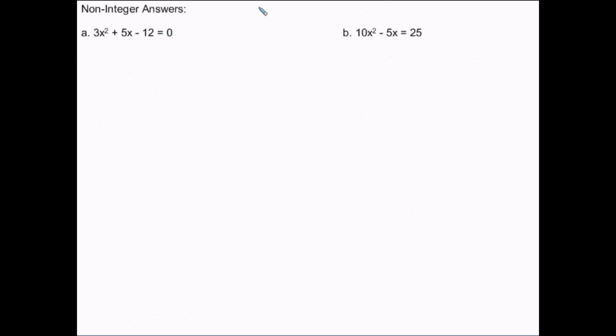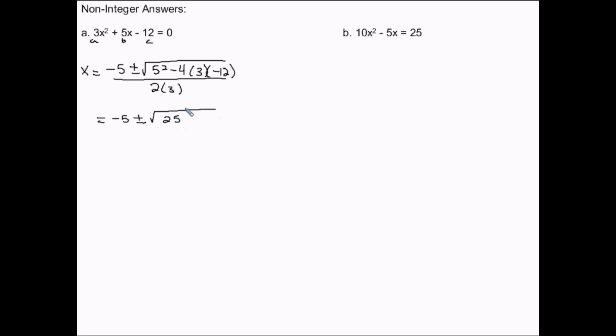Now sometimes things don't work out so nicely and you get non-integer answers. The steps are the same though. I have a, b, and c. We're already set equal to 0. So x is equal to negative b plus or minus the square root of b squared minus 4 times a times c all over 2 times a. So I have negative 5 plus or minus the square root of 25 plus 144